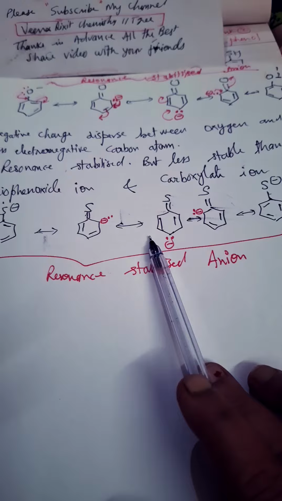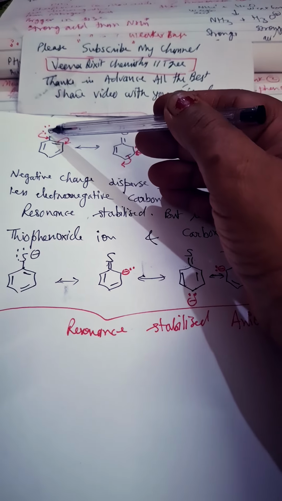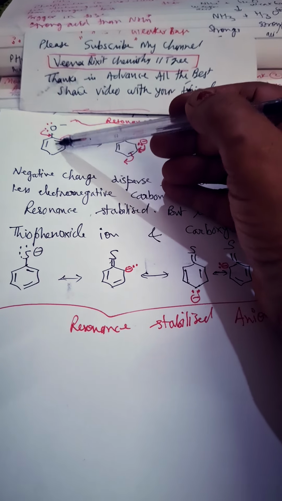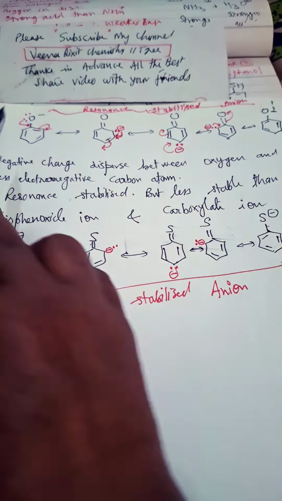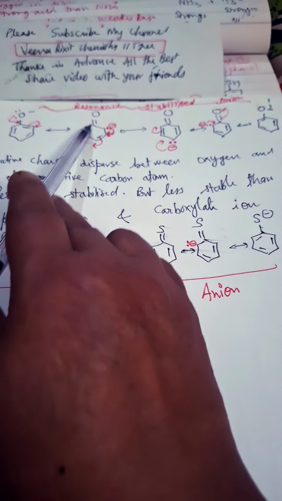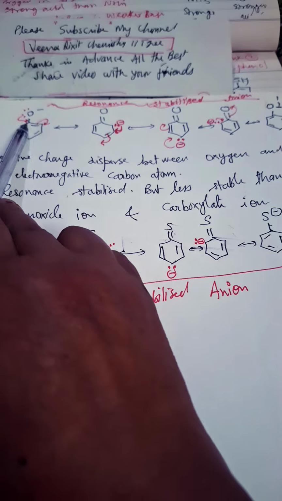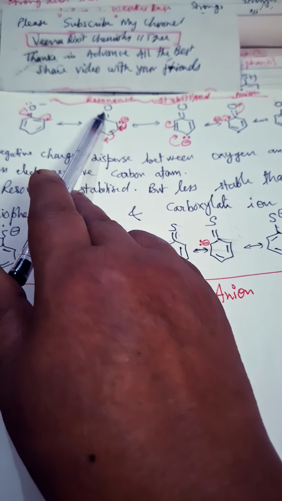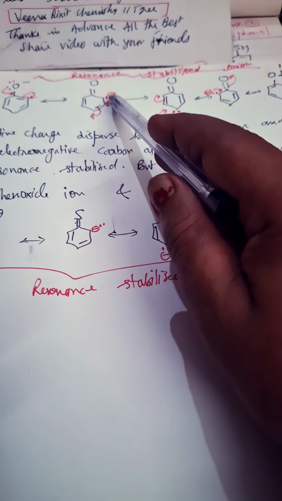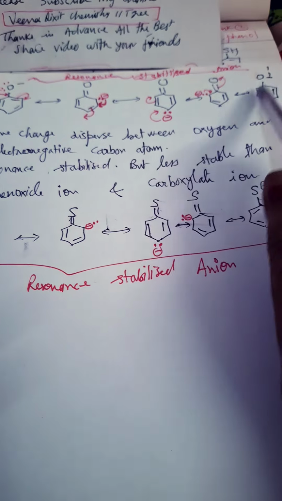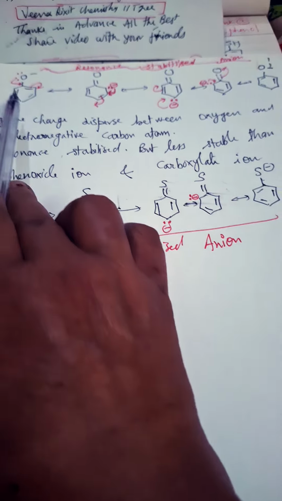Here, see, the oxygen has more electrons, and the benzene ring withdraws electron from the oxide ion, so the oxygen becomes positive and this electron comes here, so an oxygen-carbon double bond will be there. Here the 1, 2, 3 structures have the oxygen double bond, and then this delocalization of pi electrons takes place. So oxygen and carbon is